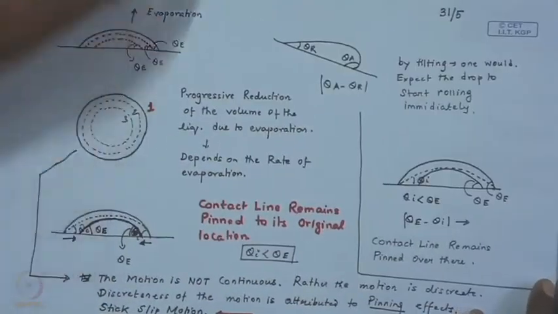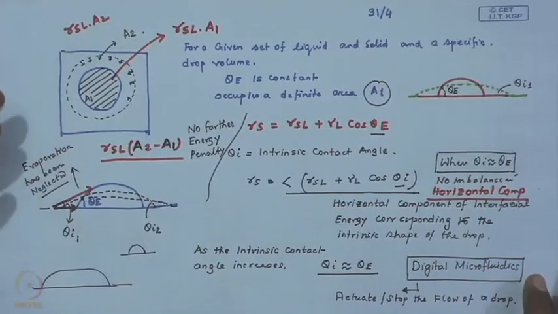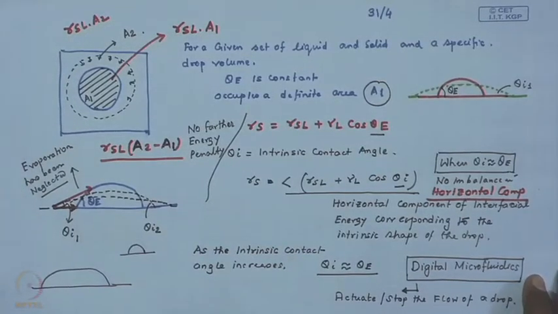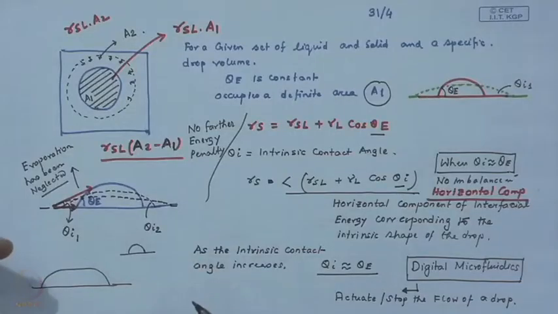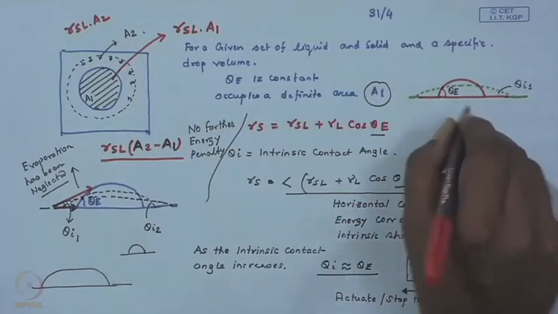So, both this as well as the example we talked about, where we take a drop initially making an equilibrium contact angle with the surface and then perturb it by forcing it to spread and see the dynamics, are flows which are triggered by surface effects or the imbalance in the horizontal component of surface tension. These are examples of dewetting which we have introduced to you. Important thing to note here for a setting like this, is that the flow